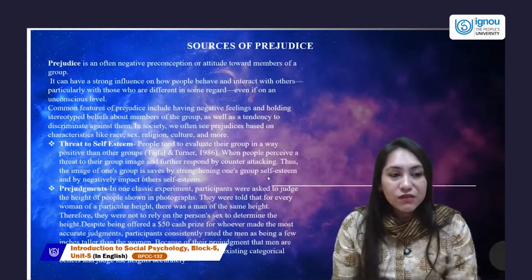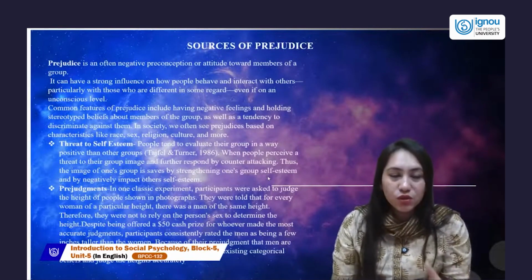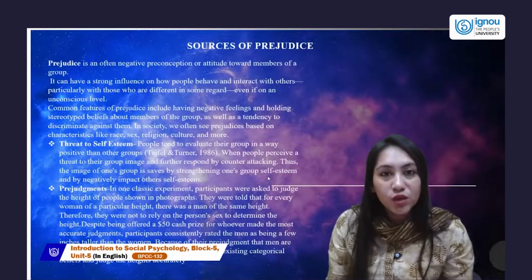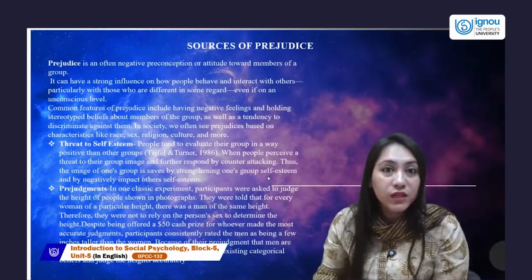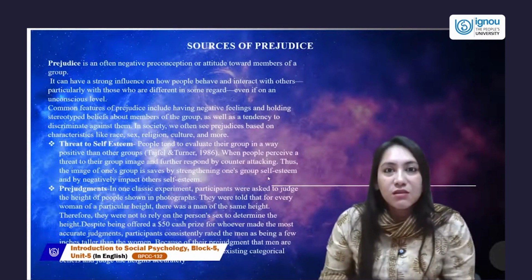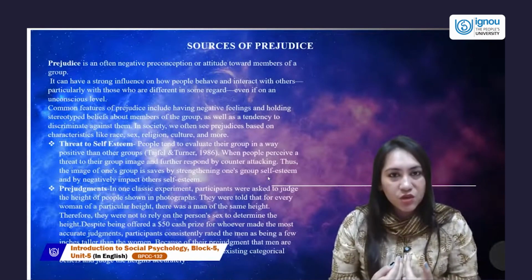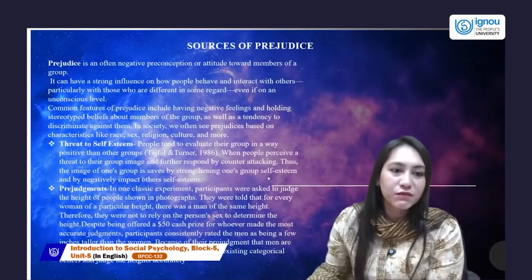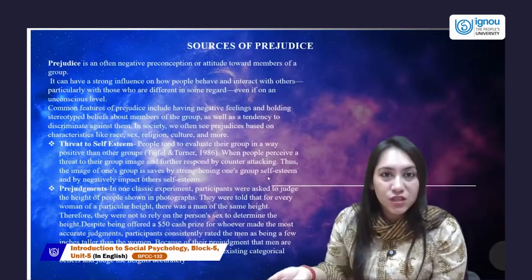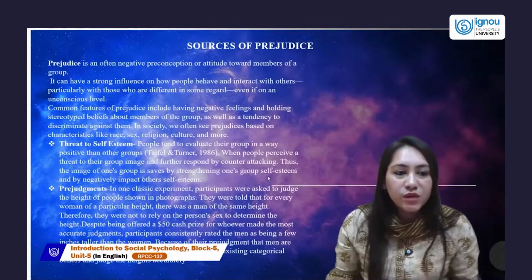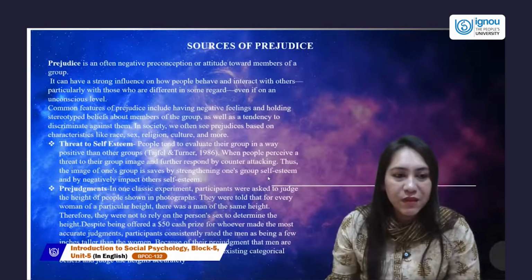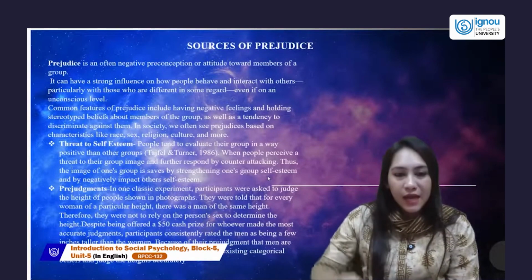When people perceive that a threat is coming to their group, they want to save their group, and what do they do? They counter attack the other person. How do we counter attack? We tend to negate the other person. We perceive ourselves as positive, and what do we do to the others? We put down their self-esteem to take care of our self-esteem, to take care of our image in the society. We put them down. How do we do that? We make sure that our self-esteem is not negatively impacted by strengthening our self-esteem and putting them down.